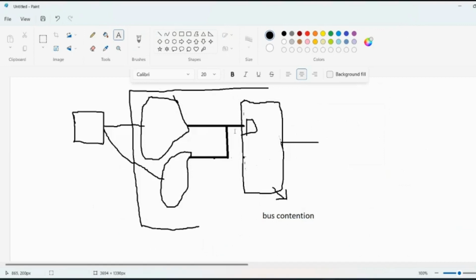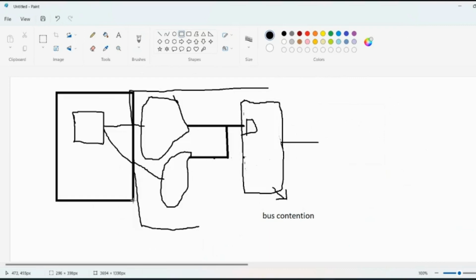When tool is not able to decide which data to be taken first, because both are driving to the same point. Okay. So the driving scenario might change. The driving scenario might be like from the same common point you are getting this kind of source, or if this particular logic is not there, let's say this particular logic is not there. Okay. And only you have this kind of scenario. In this scenario, if you have a tri-state bus,